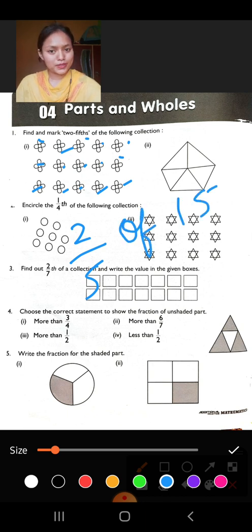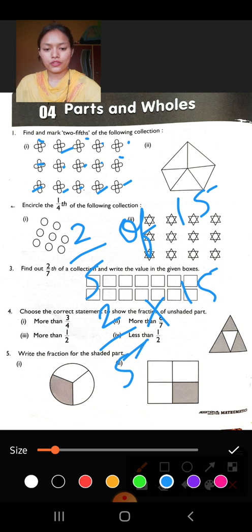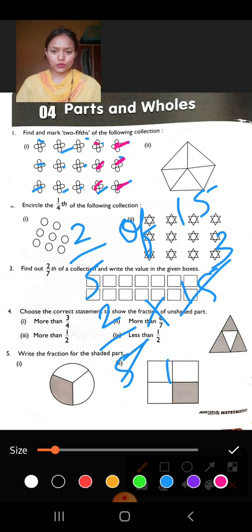So of means multiplication. So it is 2 upon 5 multiplied by 15. So it will be 5 ones are 5, 5 3 times is 15. So what left? 2 and 3. 2 3s is 6. So we will color how many flowers? We will color 6 flowers. 1, 2, 3, 4, 5 and 6. Is it clear? Means whatever part we have to find, first of all we will calculate the total, then we will take out 2 upon 5 of now 15.